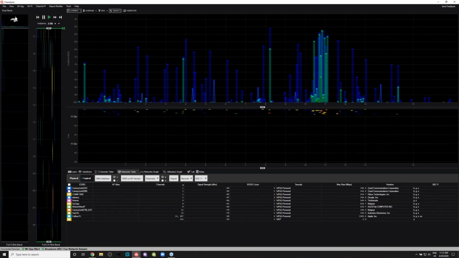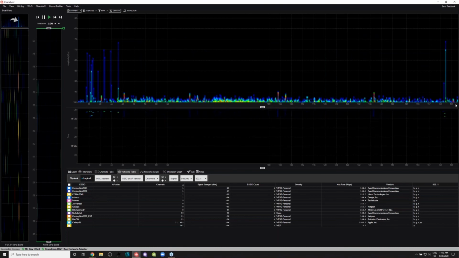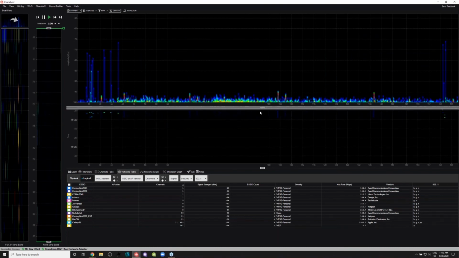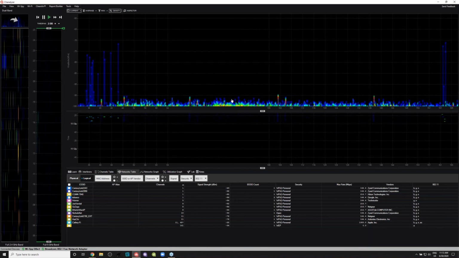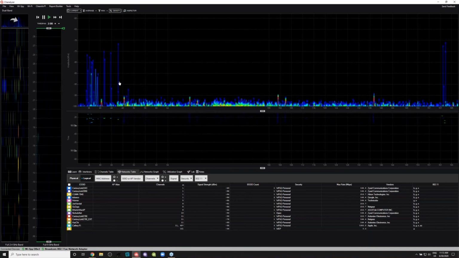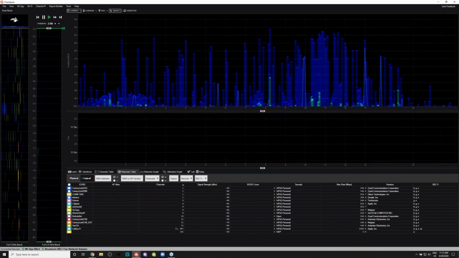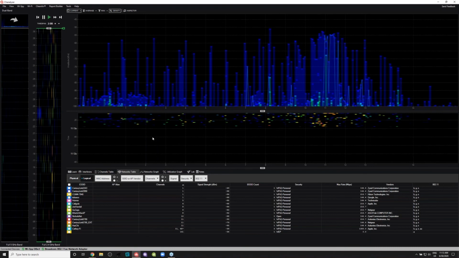If I want to go to the 5 gigahertz band, I just click the arrow up here, and now I see 36 through 165, the full 5 gigahertz band. And this color information you're seeing is the spectrum just being populated over time. I'm going to let it run a little bit more, and you'll start to see some shapes appear. But I'm going to go back to the 2.4 gigahertz band